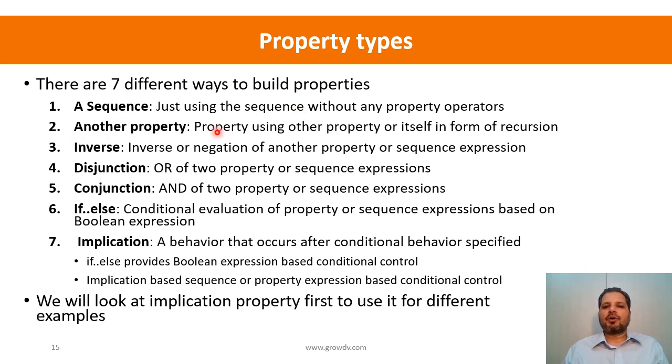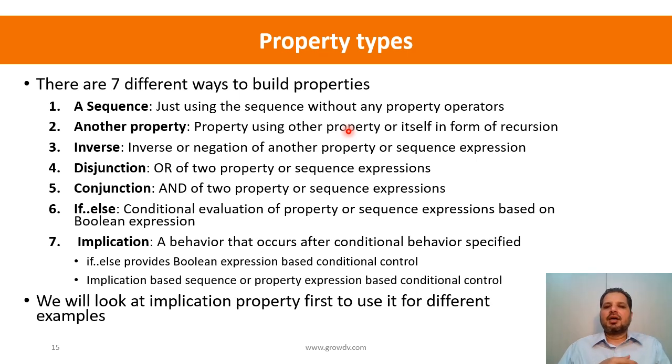And there is another type of property, built using other properties. So you can compose properties of properties. You have defined a property, and you can use that property in another property to build more complex properties. Like you can use a sequence within a sequence, you can also use a property within a property. Recursion is also supported in the property. And there is an inverse, where you have either a property or a sequence and you negate it, saying, if like request followed by grant, you can negate it. Or if a Boolean expression is true, you can negate it and